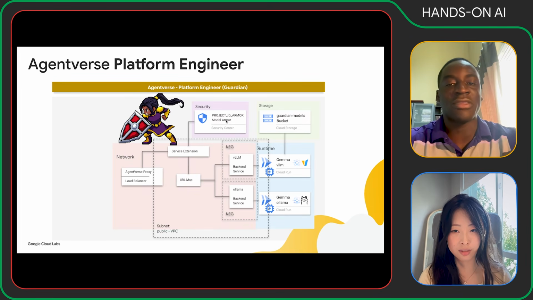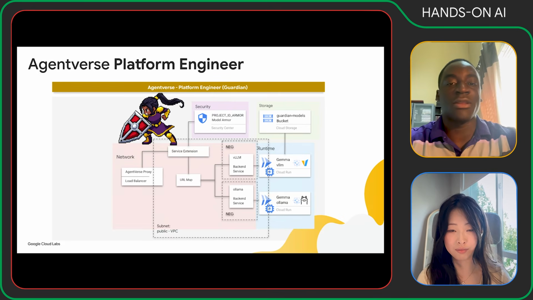And we also have a service extension that's connected with Model Armor such that whenever we call those backend services, Model Armor is intercepted in that journey, and it's used to filter any malicious inputs and outputs, or just inputs in our particular scenario. But yeah. Okay, so now it's finished permission setup, and next we want to finally verify whether Model Armor